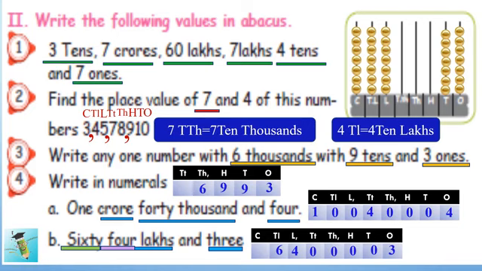Next sum, 64 lakhs and 3. Here also it is the same. In the lakh group, 60 means 10 lakhs, so we have to put 6 there. Good. And the 4 we fill in the lakh column. Okay? Fine. And 3, simply 3, that means 1 column. So I think it will be easy now. Full and full we are learning with the numbers only, so don't feel lazy. Just be alert while doing.